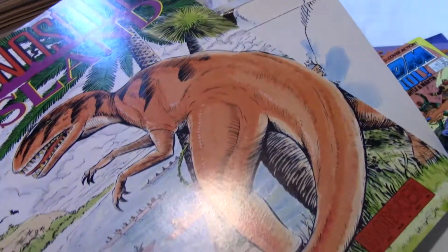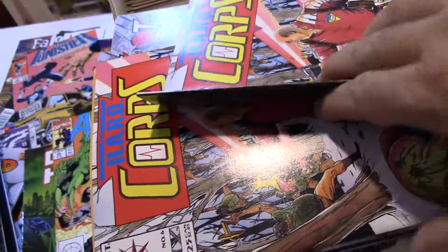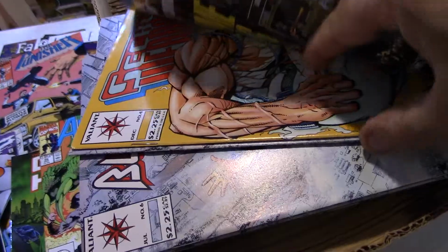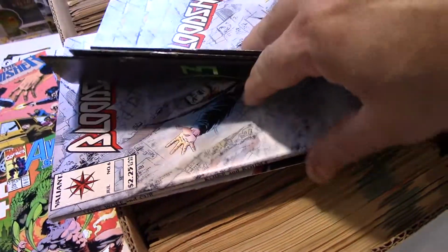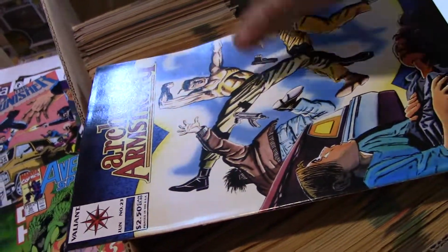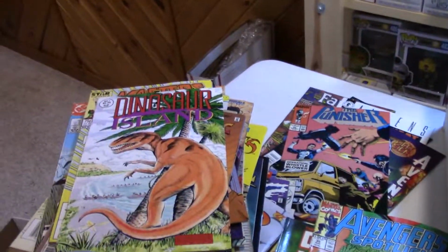Huh. I have no idea what that is. Monster Comics. I'll check it out. Looks like fun. Hardcore. Defiant Dark Dominion. I know I'm mumbling. I'm just trying to figure out what's all here. Bloodshot 6. Oh, a lot of those. Oh, more Lone Wolf. And that's it. So, other than those Masters of the Universe